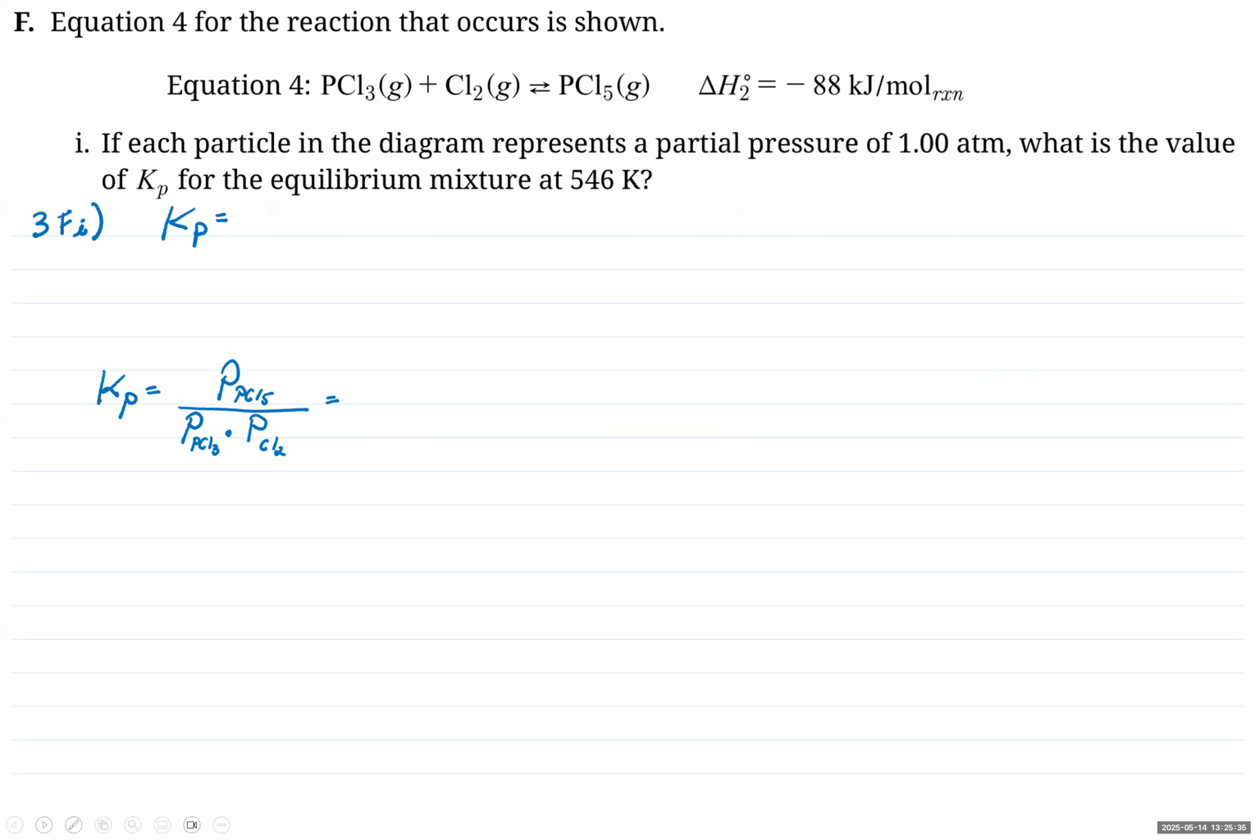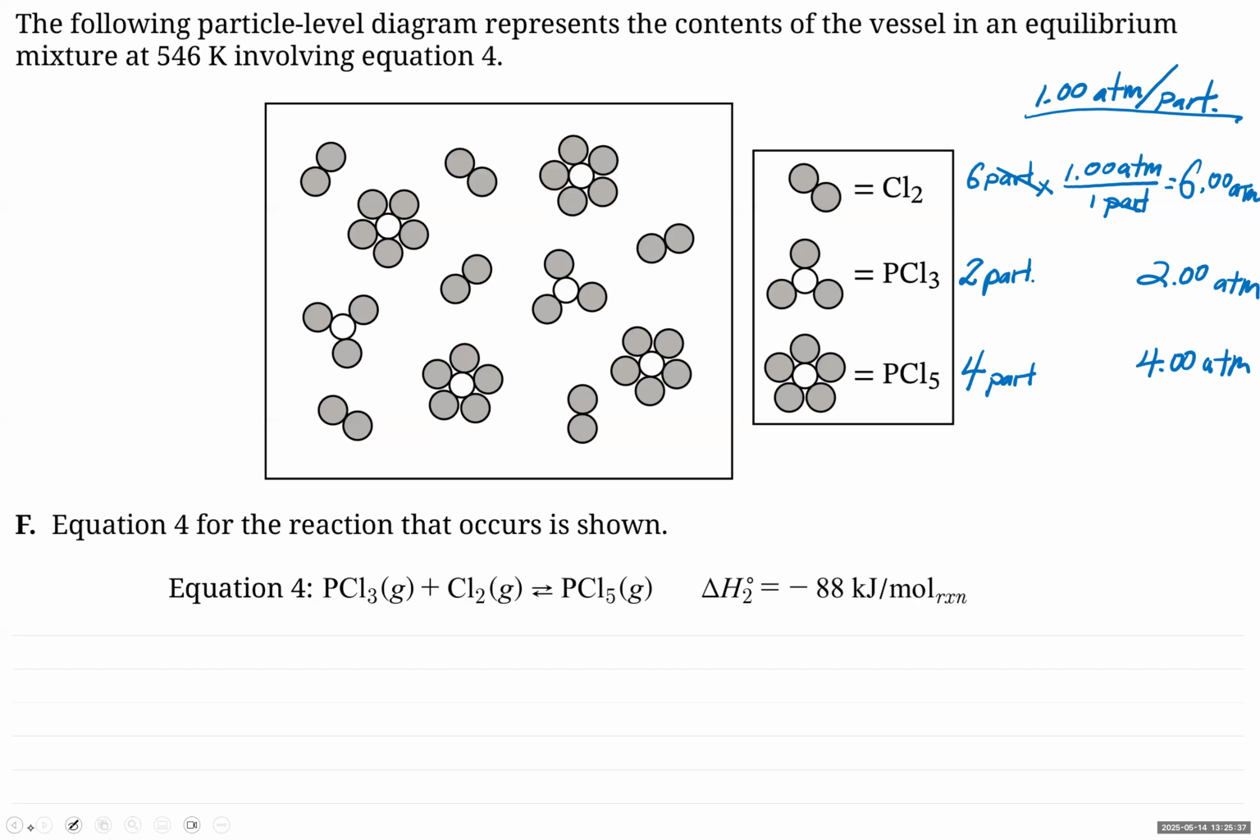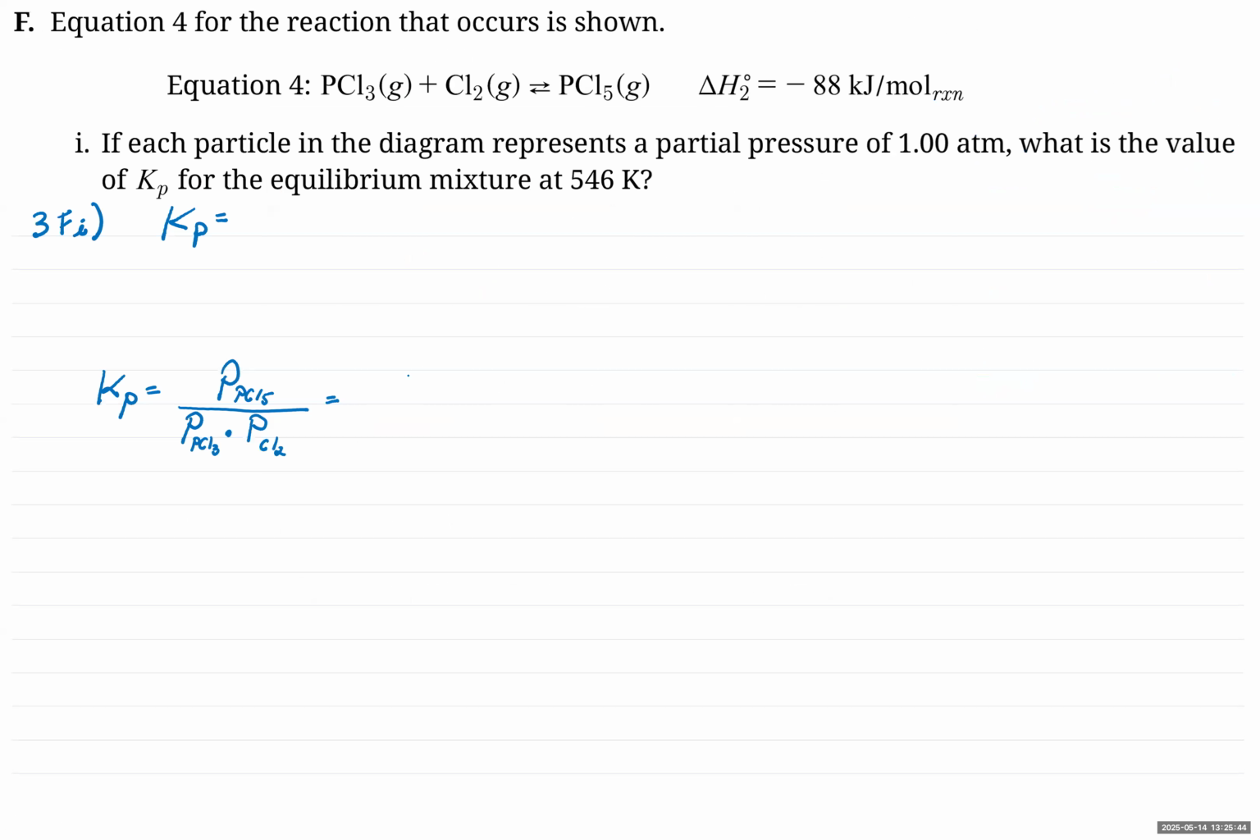So we know that PCl5, my mind is that of a snail, that's going to be 4, right? So that's going to be 4.00 atm, divided by our PCl3, I believe, was 6.00 atm times 2.00 atm. Not to make you guys feel bad if you didn't do as well here, but this is actually quite